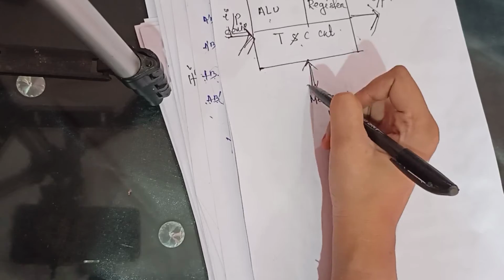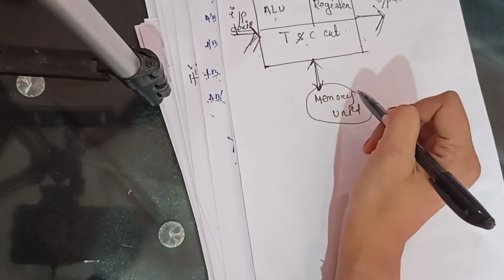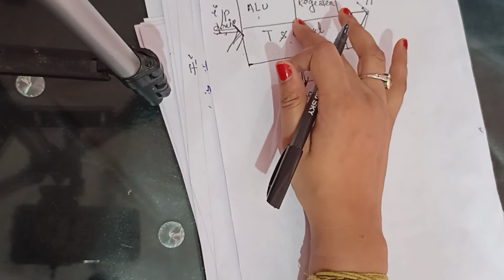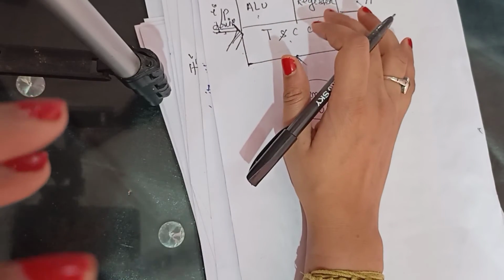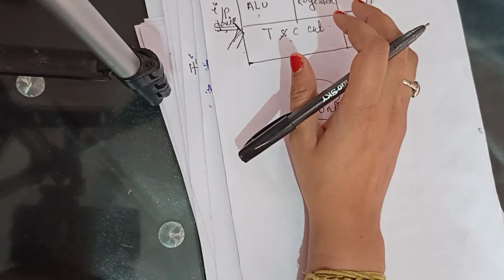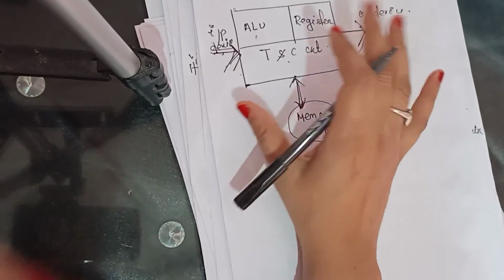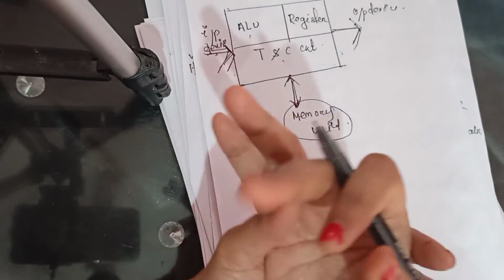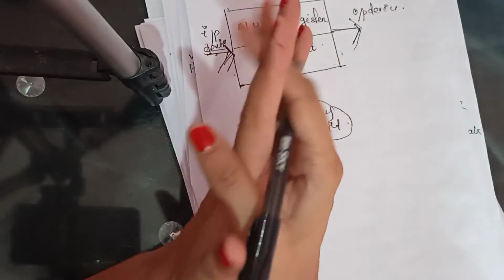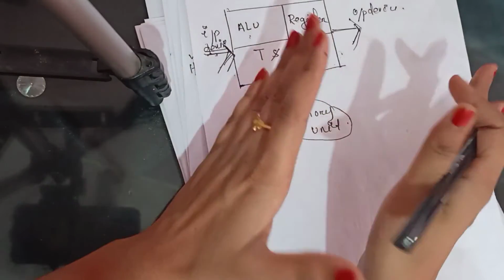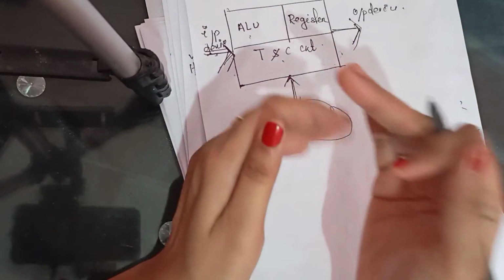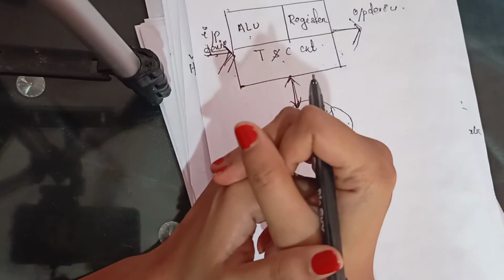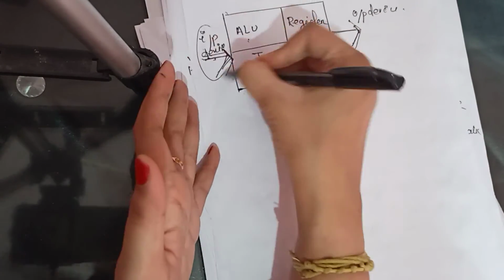See, this is bidirectional. Memory means it can be accessed in input also and in output also, because whatever data we are sending to the chip, first of all we have to save that data in the memory, then only we can send it to the chip. First of all, whatever data we are giving to the chip for any operation, that operation may be your arithmetic operation, may be your logical operation, any operation, we have to save the given data in a particular memory device, then we can send it. So here memory can access the input device.